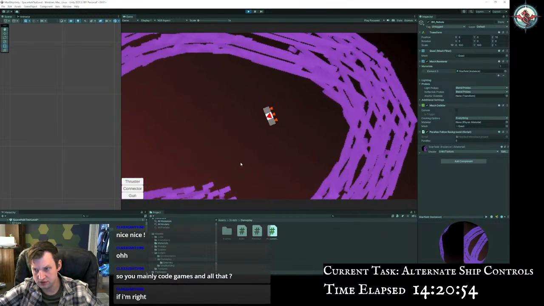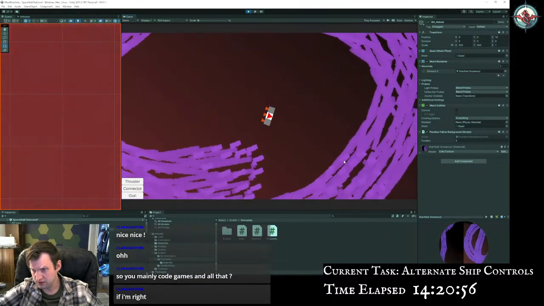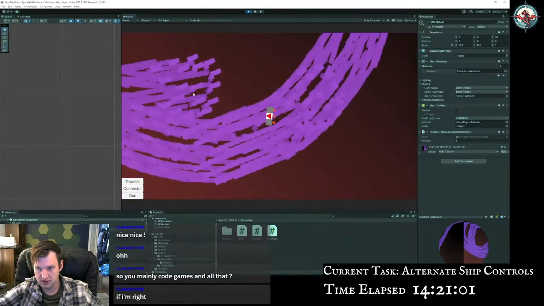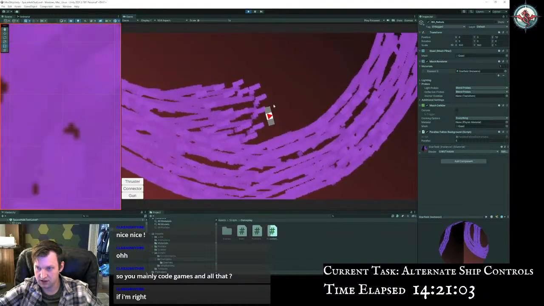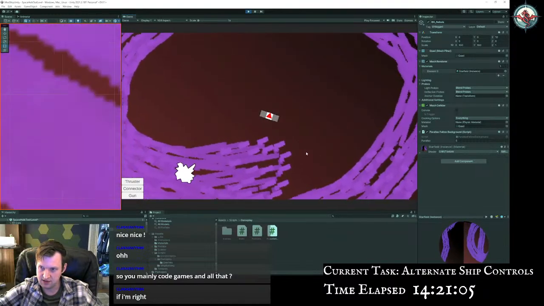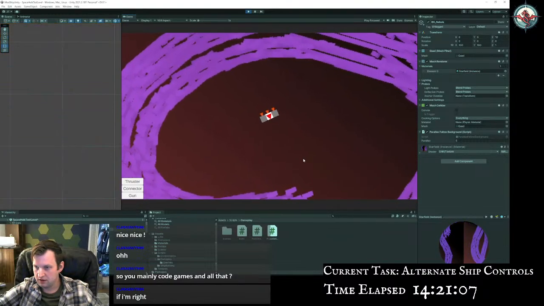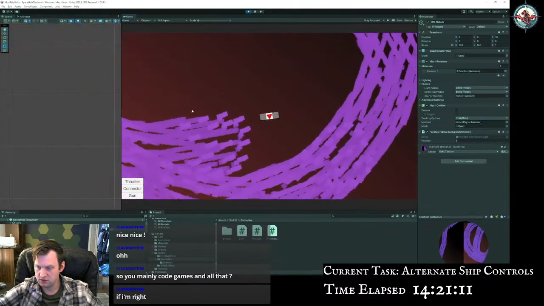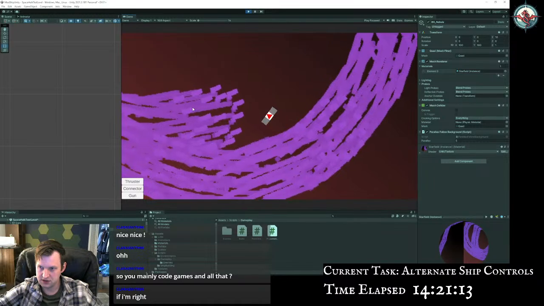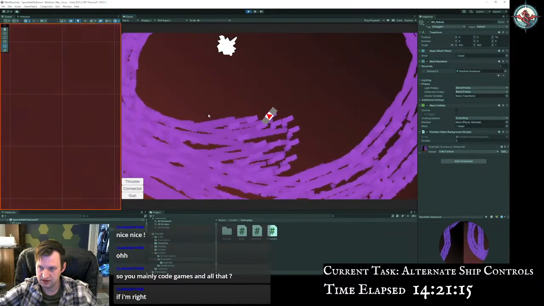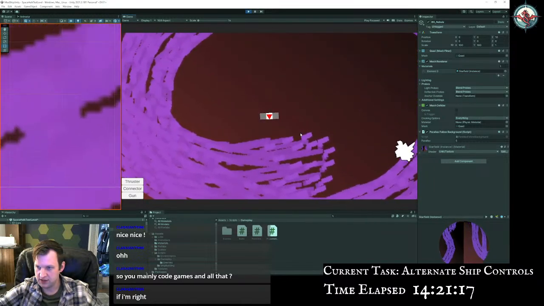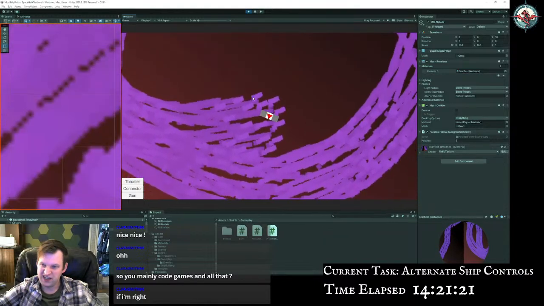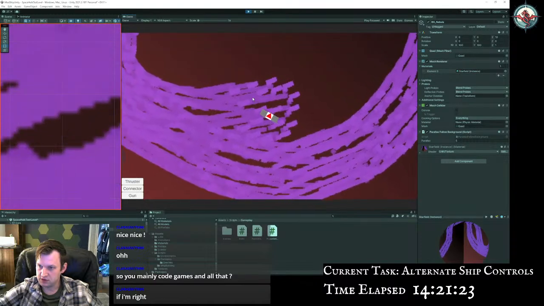And so I'm testing a control scheme where you just point with the mouse where you want the ship to go and it'll automatically rotate towards the mouse and push in that direction. And I'm going to see whether this more realistic physicsy key-based movement is more fun, or the just point and click with the mouse, because that gives you a lot more control. It's just a little bit less realistic, so it's less of a simulated space movement kind of thing and more of a gamey way to move. So I'm going to see which one feels more fun,